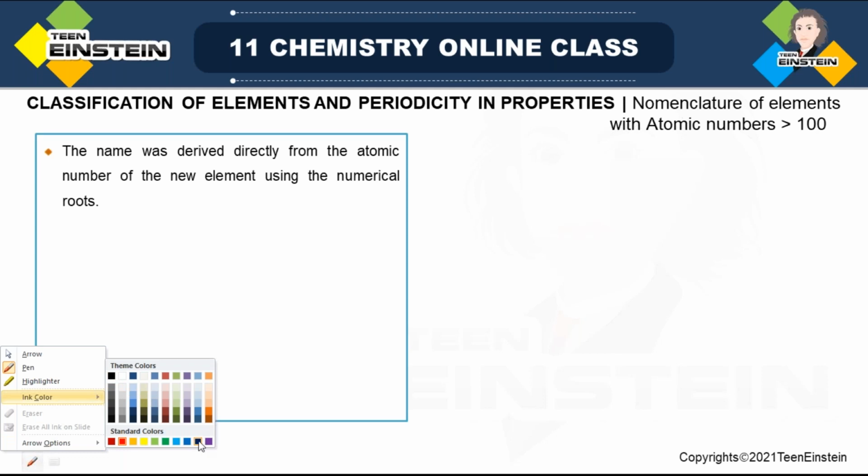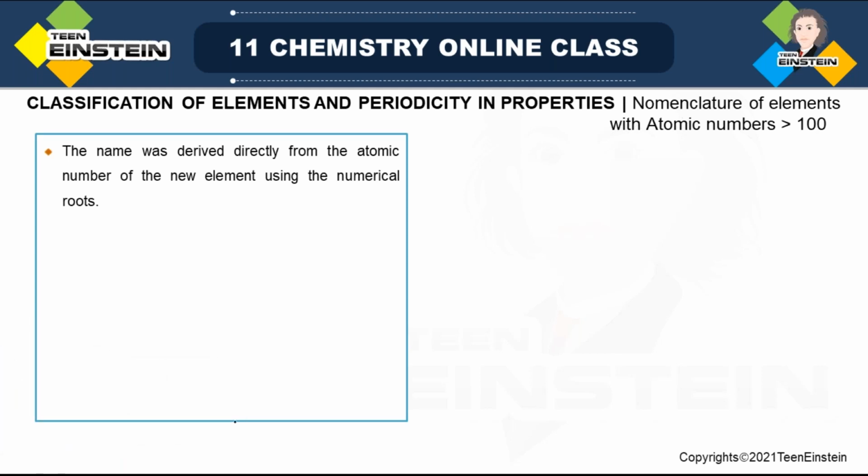So there are elements that have a very high atomic number, meaning greater than 100. It may happen that when elements are newly discovered, they cannot immediately get their actual name. Then, based on some rules, we can give them a name. We will see how we can find this nomenclature based on some rules. Obviously it is for newly